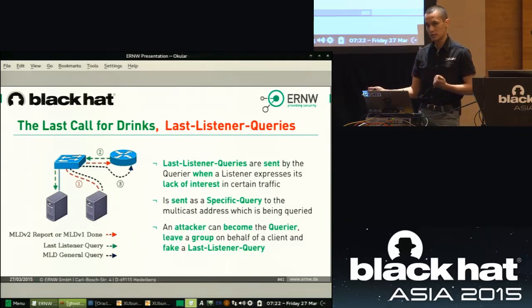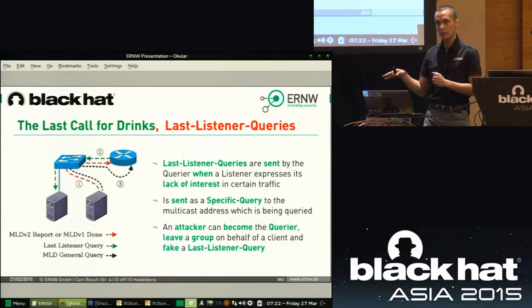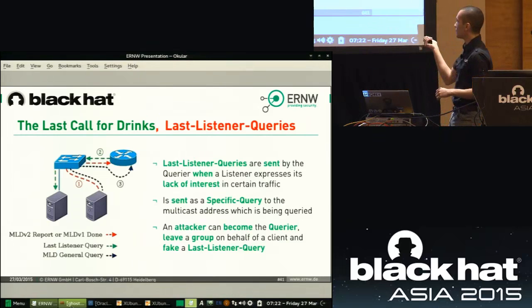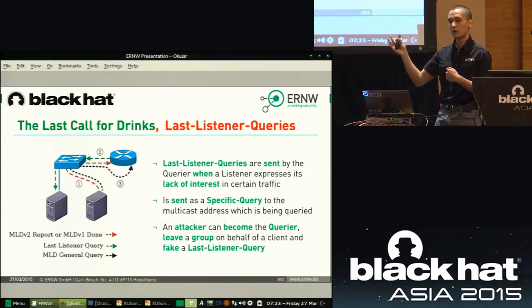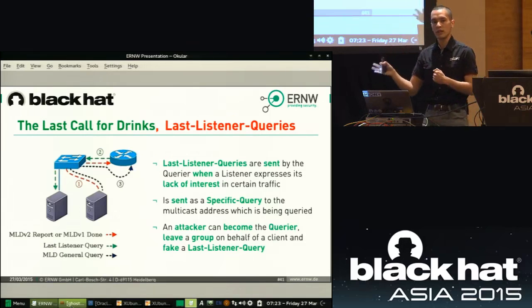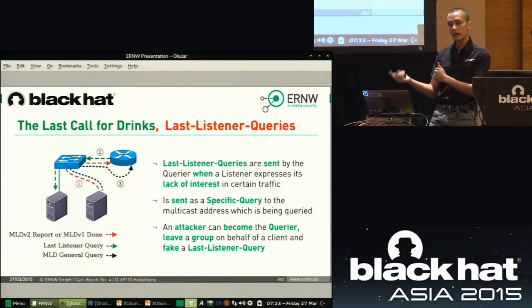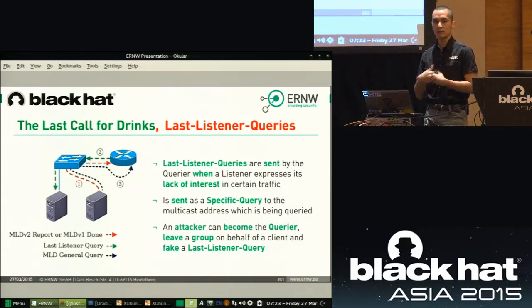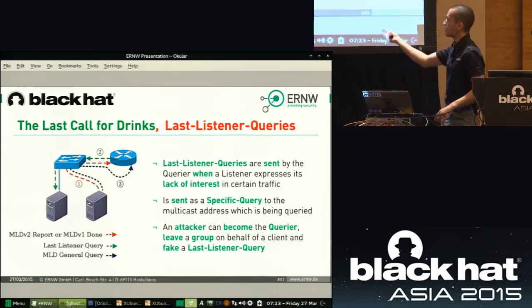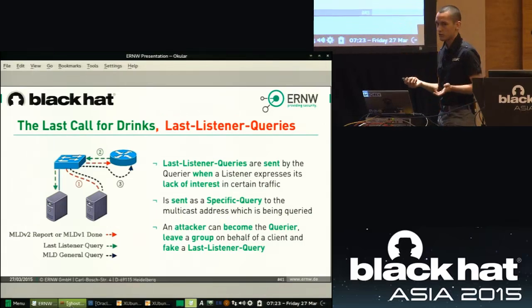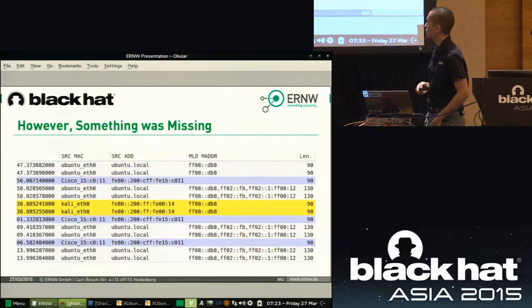You can just send an MLD version 2 query from a lower IPv6 address than the router. Then you can leave the group, like say, okay, I'm not the querier, and then you send the other routers an MLD version 2 report saying there's no interest in this group. And then you fake the last listener queries. You send 2 fake last listener queries, and from the perspective of the other routers, they're going to say, okay, I'm not the querier, someone said there's no interest, and I've already seen the last listener queries, so I can delete this one. And then the traffic is not going to be forwarded anymore, whatever the traffic is for that particular multicast group.